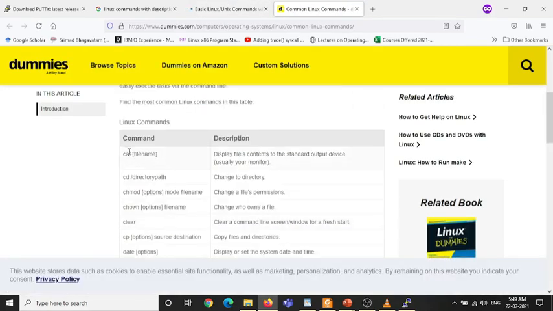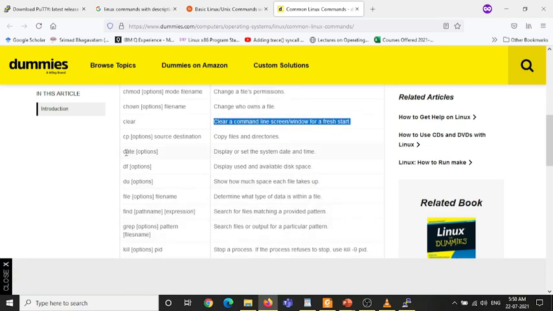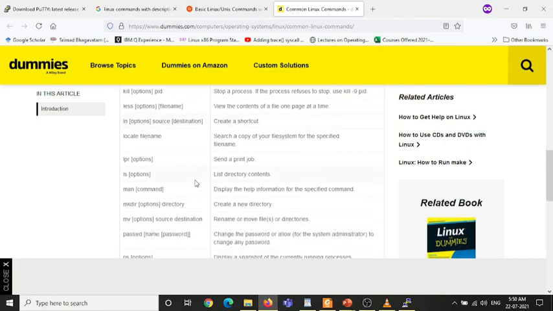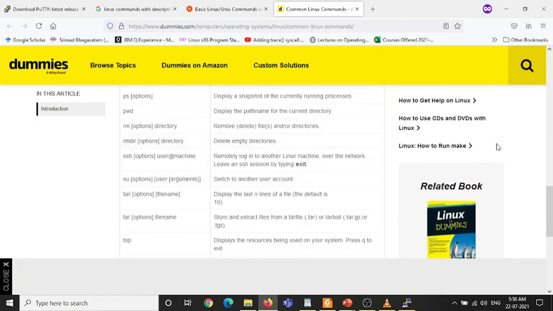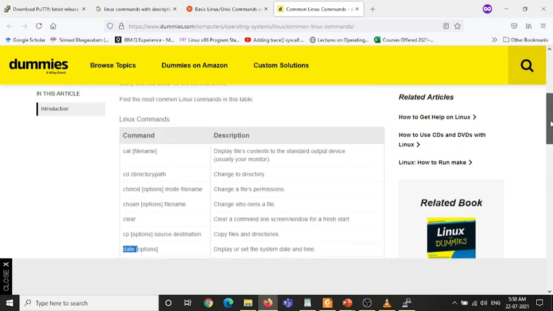See, there is the cat command, cd is the change directory command, we have seen. Then there are chmod, and the clear command, which clears the command line screen or window. There is a date command we have seen. So there are so many commands. If you are interested, you can read these commands.